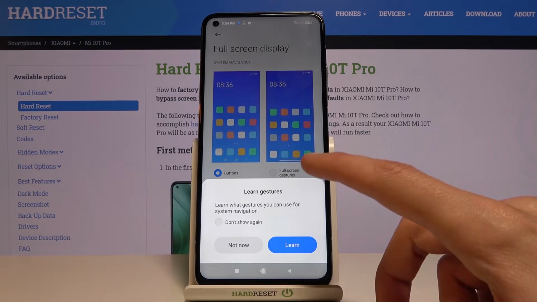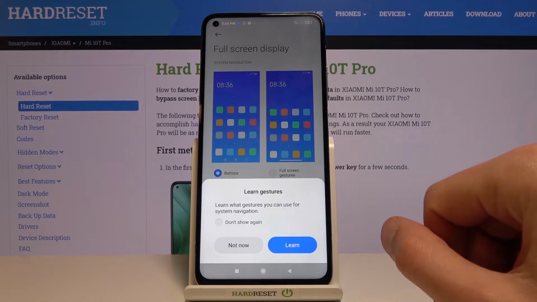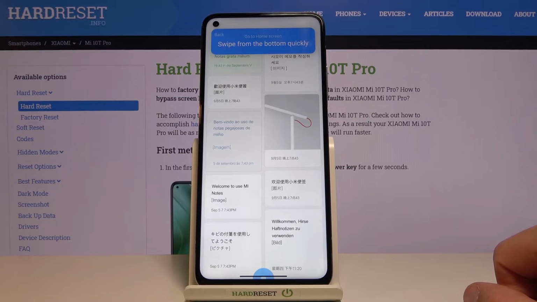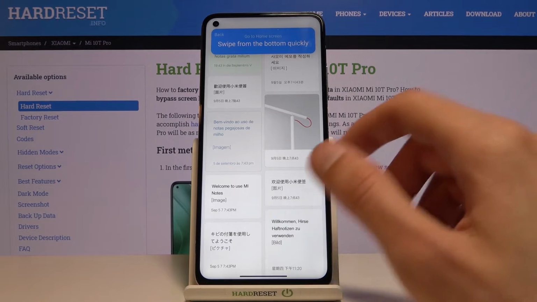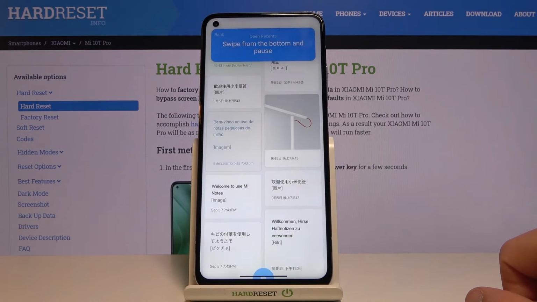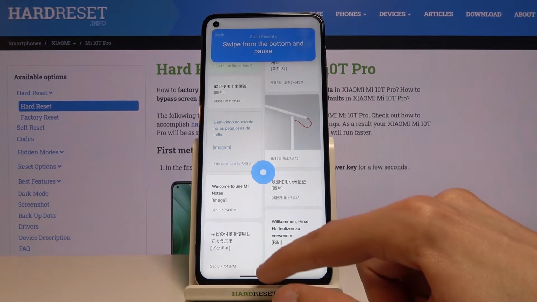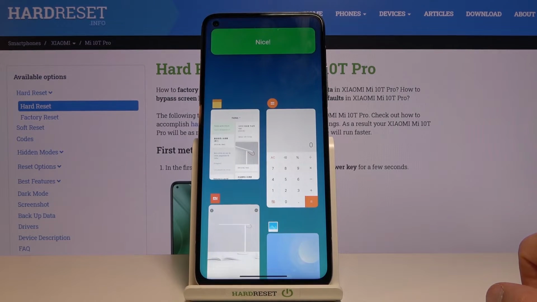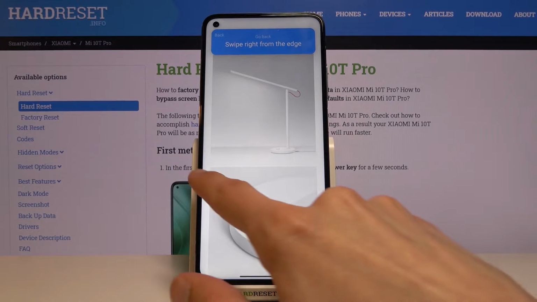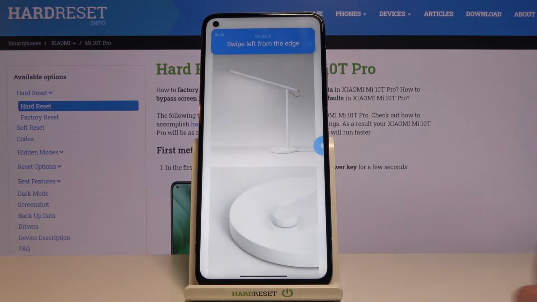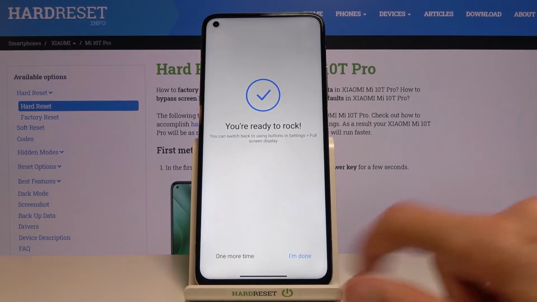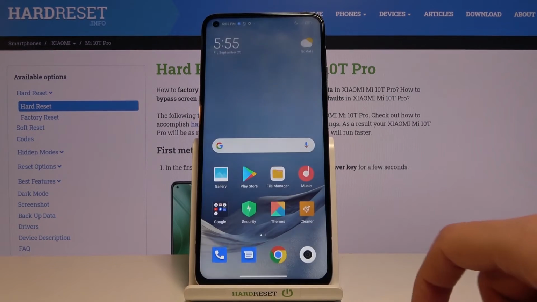Now when you're doing it for the first time, it will pop up with the learn gesture thing, so we can tap on learn and again learn. So swipe from bottom quickly. So this is the home gesture, then swipe up and hold. This will be the recent, that will open up the recent applications. Then swipe from the side, obviously the back, and again from the other side the same thing. Cool, so we're done, and as you can see there is this little bar at the bottom,